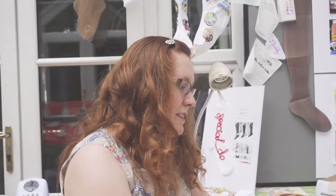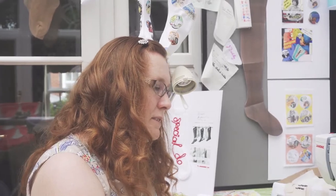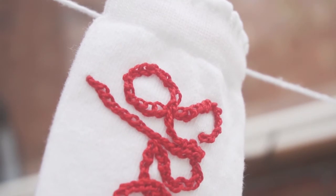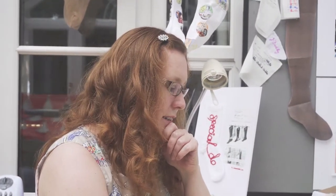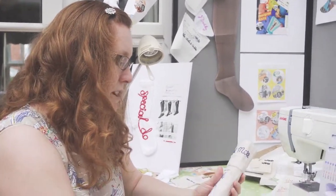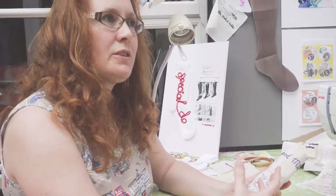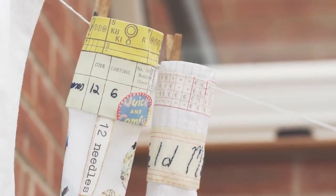Why socks? I chose socks for the project because Mansfield's textiles industry, amongst other things, was largely based upon hosiery items, so tights and socks and items like that, linking back to the framework knitting. And I thought socks were a really nice reference for everybody to be able to relate to, and also slightly humorous, and also you can hang them up and they're a very domestic object that everybody's familiar with, but you're not familiar with